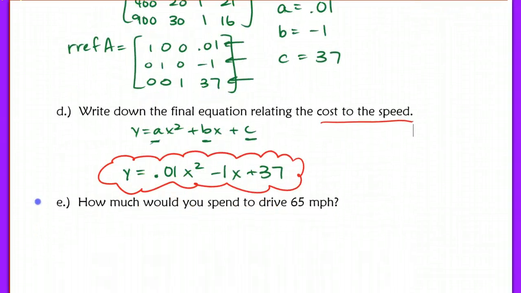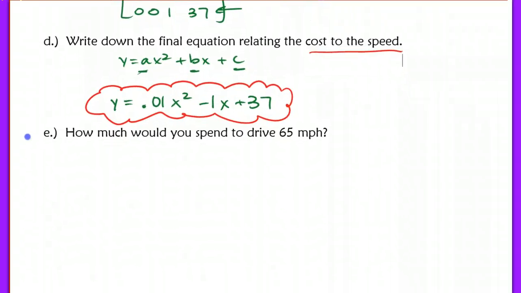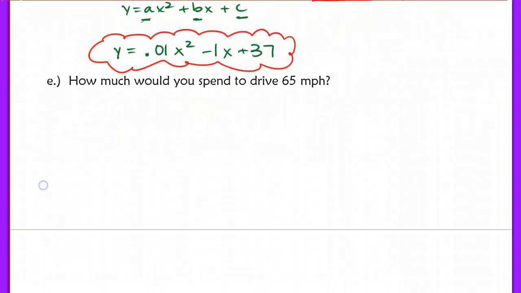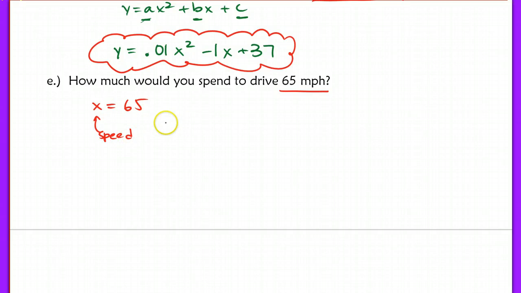Now, the next question here, it says, how much would you spend to drive 65 miles per hour? So 65 miles per hour is a speed, right? So basically what they're telling us is plug in x equals 65 because x was defined way back in the beginning as speed. So now I can plug in 0.01 times 65 squared minus 1 times 65, then plus